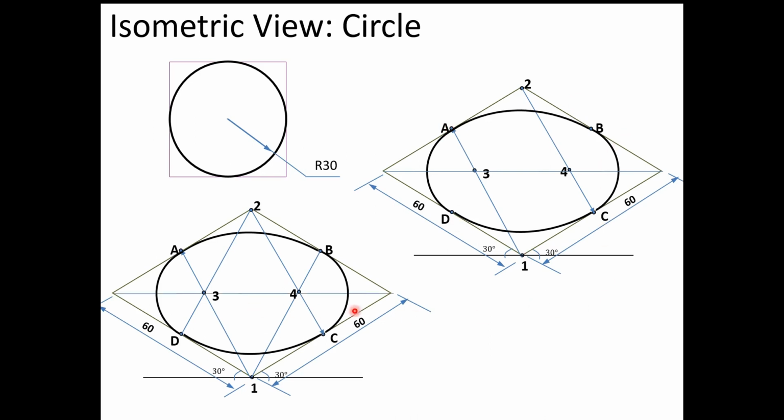If I draw the horizontal line here, you can see it will always pass through the center. Now in this case you can see how I draw the diagonals. These diagonals I draw such that one diagonal is 1 to A, another is 2 to C. So they are parallel to each other, so that we can get 3 and 4 as center points.